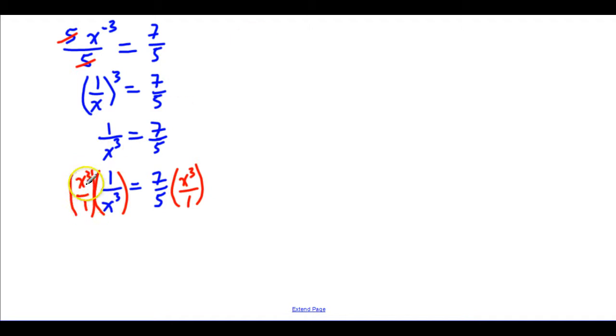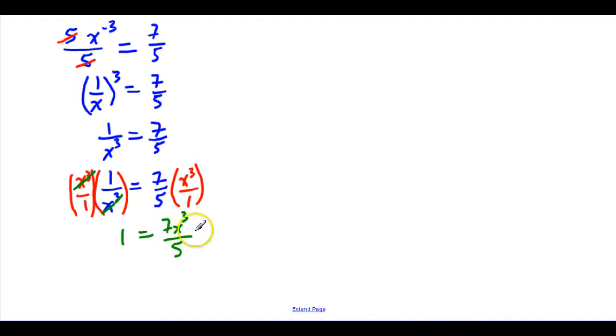So again, the reason I chose the x cubed was because I know that I'm going to get x cubed times 1 divided by x cubed. So x cubed and x cubed will divide out. And of course, all I'm left with now over here is the number 1. Over here, I'm going to be left with 7 times x cubed